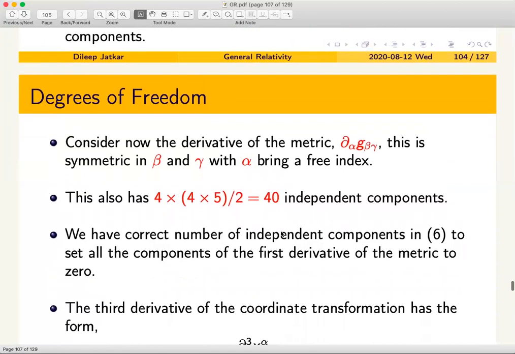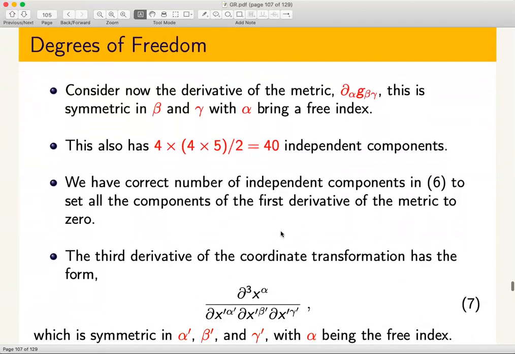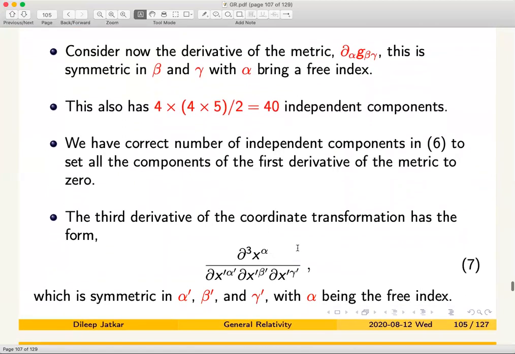So let's go to the next order, and that means looking at the third derivative of the coordinate transformation. I hope all of you are with me here, right? Yes, sir. Okay, great. So let's look at the third derivative. We are again in the same situation. X alpha has alpha as a free index, with no symmetry property with the remaining three indices. But the three indices sitting on the partial derivatives are all symmetric. You could have taken the derivative any which way you want, in any order. There is a complete symmetry property between them.